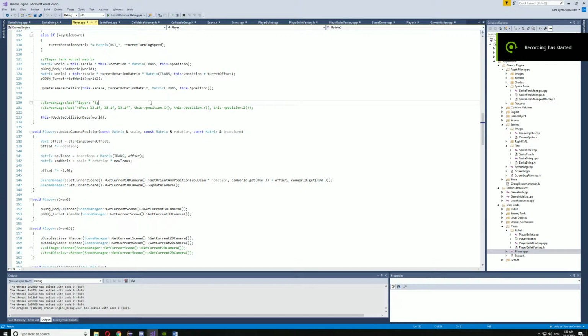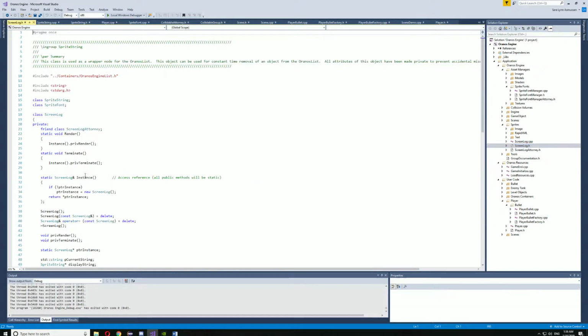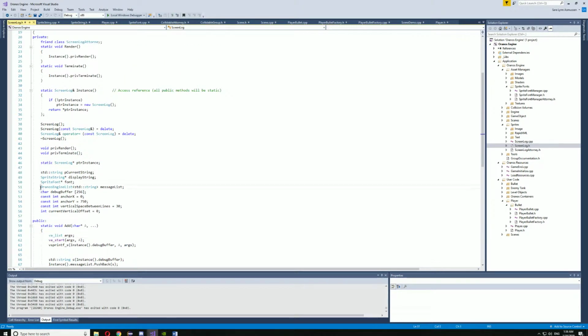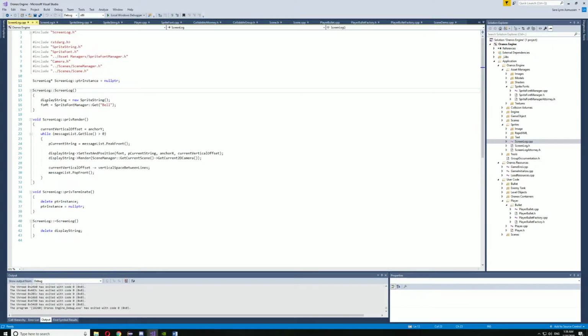So, which brings us to the visualizer tool. It's kind of a fun implementation of the sprite font. So, he's got the static variadic template and an Oranos engine std string, which holds the message list. And then, more importantly, it holds its font, which I did the smarter thing here, display string, and a current string. So, when it's first created, it gets a sprite font, and then anytime you add messages in here, it'll